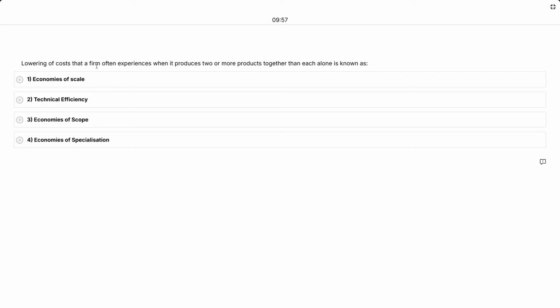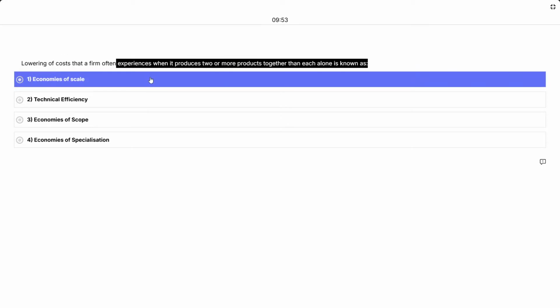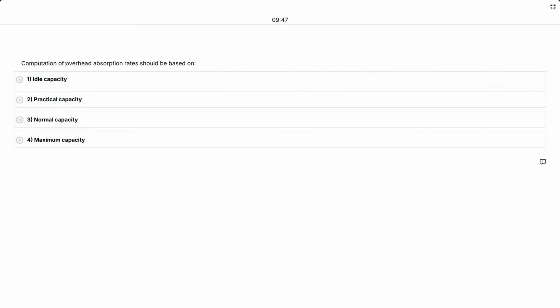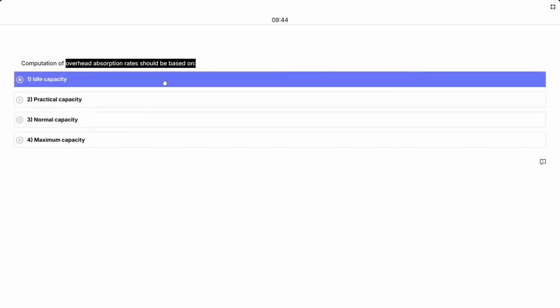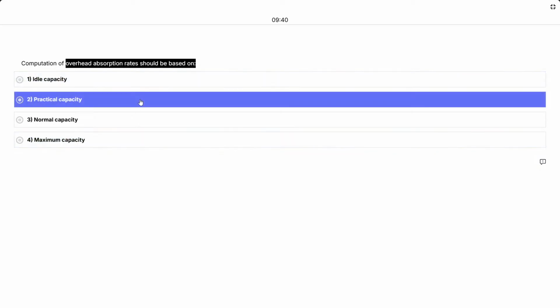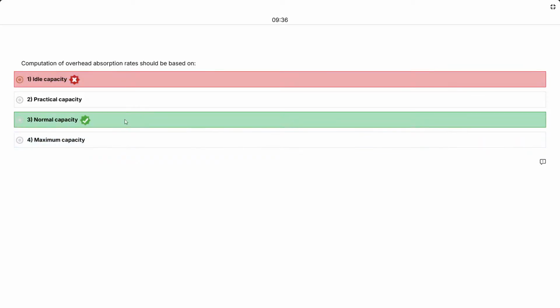Lowering of cost that a firm often experiences when it produces two or more products together, than each alone. ये synergy है, ये economies of scope है, if you remember economies of scale की जगह हमने पढ़ा था। Computation of overhead absorption rate should be based on... we do know practical capacity, जैसे कोई चीज़ नहीं होती, normal capacity नहीं हो, maximum ideal normal capacity, okay।